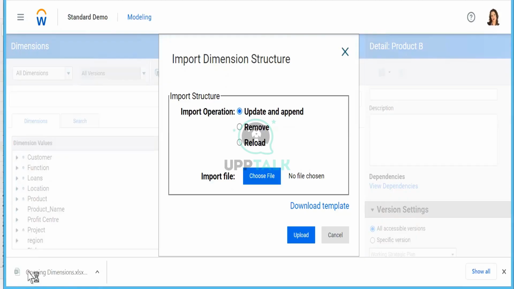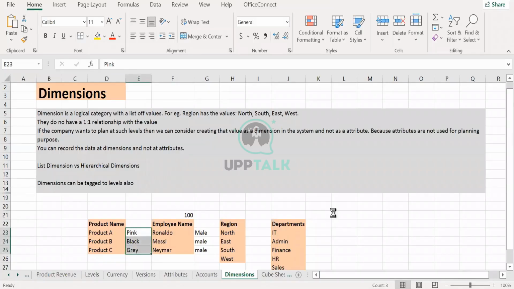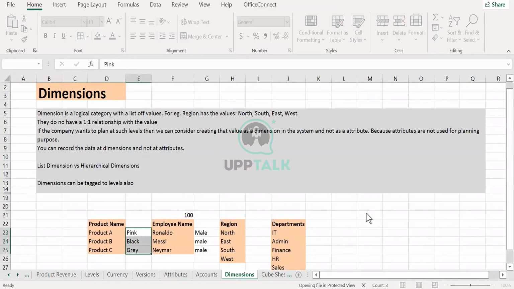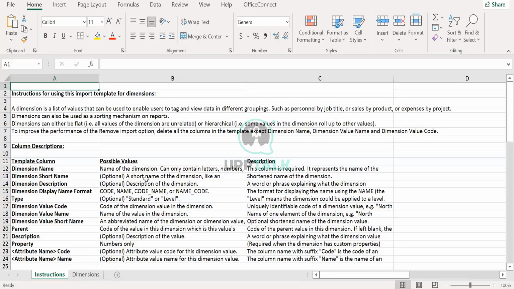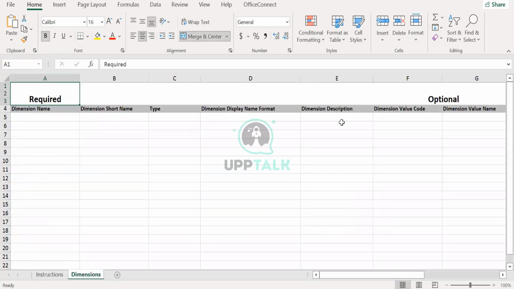Let's create some values. Let's say I'm going to create some employee names. It's an opening. Again, it's always advisable to read the instructions page and not delete anything, especially the required columns.